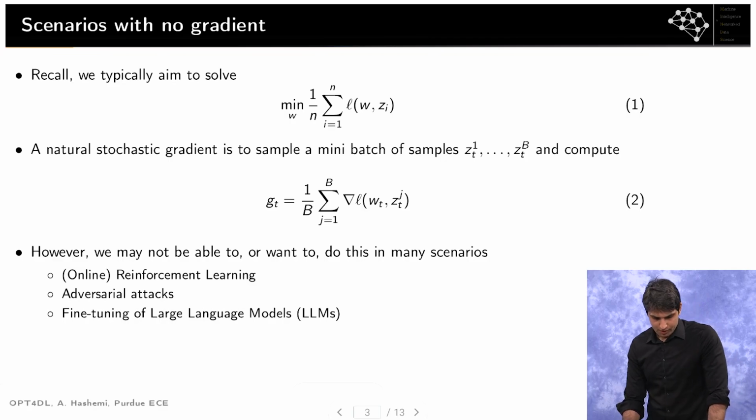Let's remember our setup. Typically, we aim to minimize the average loss over the training data. So this is essentially the type of optimization problem we are interested in. And a natural stochastic gradient method